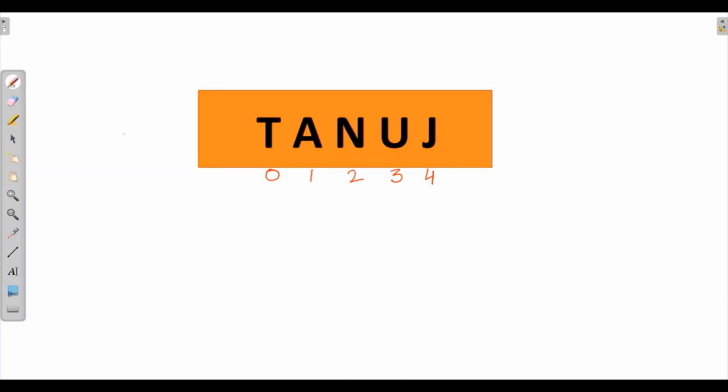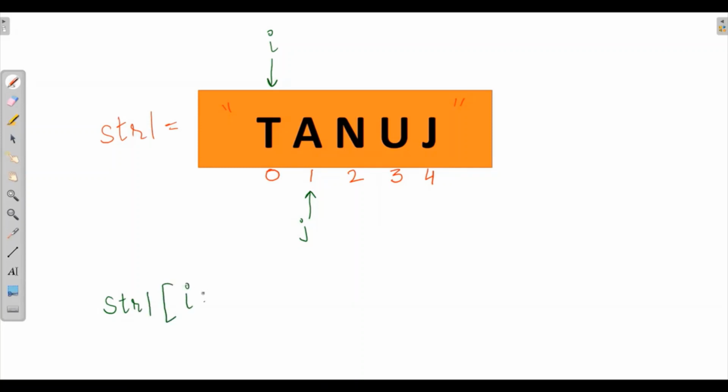Now we will try to understand how we can find a substring of a string. Here I have taken the string Tanuj and defined the index over here. This is my string, str1 is equal to Tanuj. Now here I'll take i, which is at the first character of our string, that is at t. And then we will take the second variable j, which will be at i plus 1, that is on the second character. And the most important thing, we will take here str1